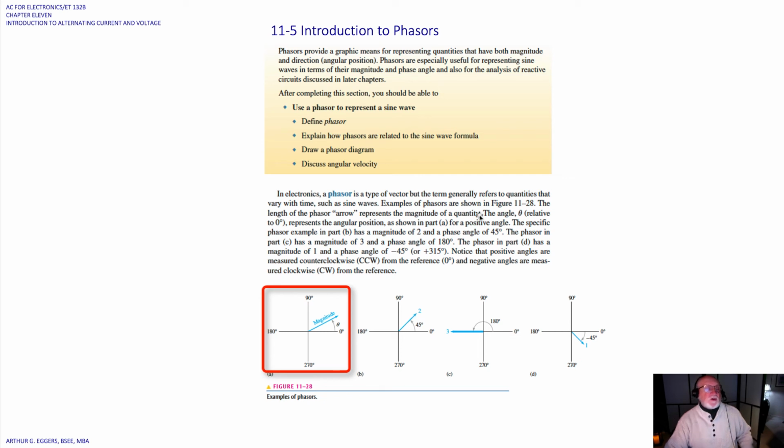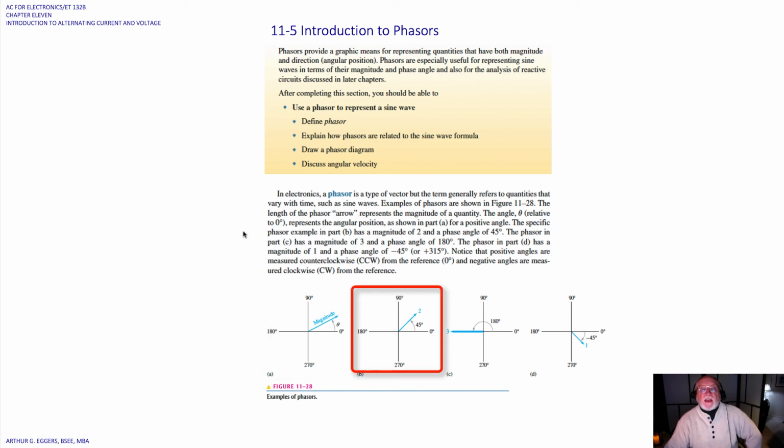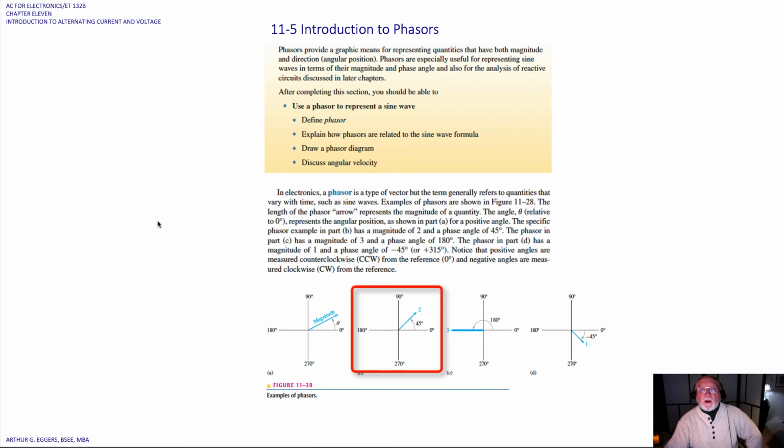So you can pull out a piece of graph paper and plot these things by understanding that the length of the vector, or the arrow that you draw, has a direct relationship to the magnitude. The angle theta relative to the 0-degree mark represents the angular position, as shown in part A,